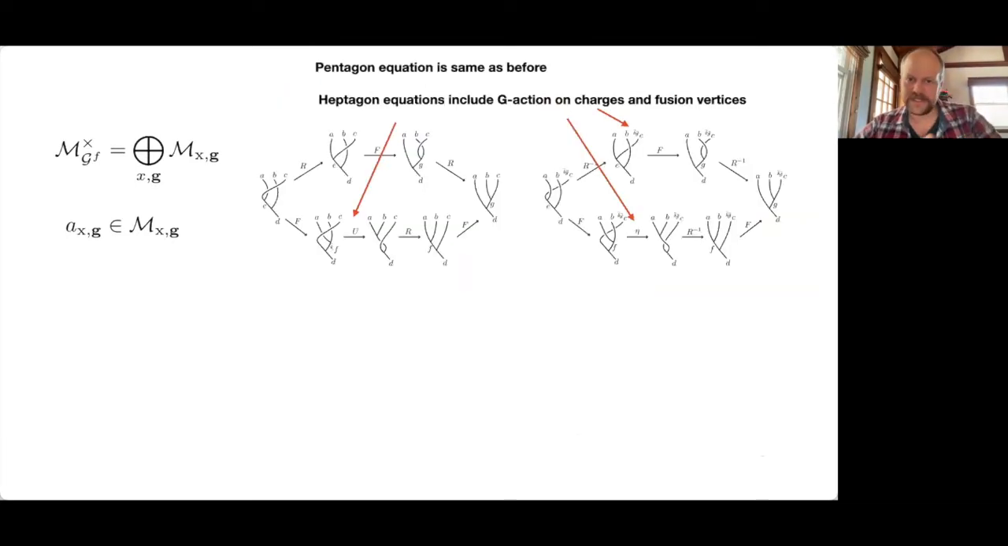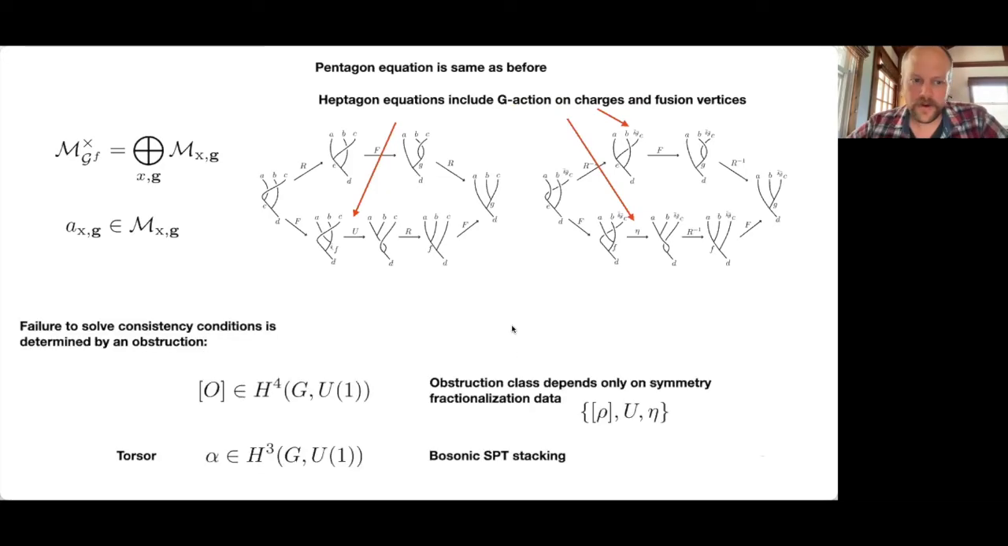There are, again, consistency conditions, which are the same as the Pentagon equation that we encountered before. And then there's a new one called the Heptagon equation, which tells you how to include symmetry actions on these particles. Okay, so what I'll mention is there is yet another obstruction you encounter when you go through